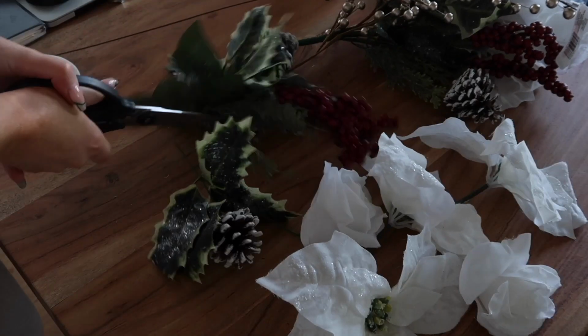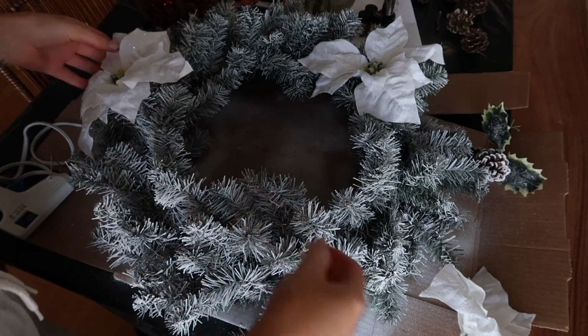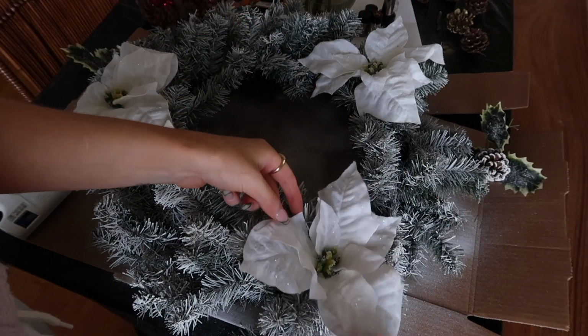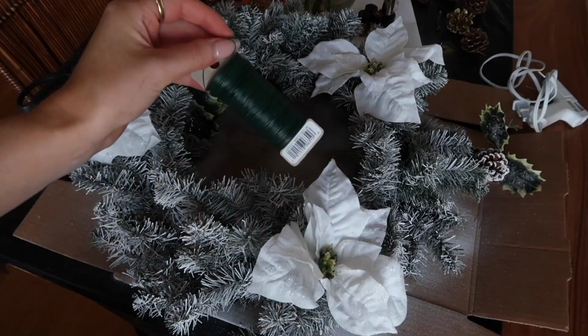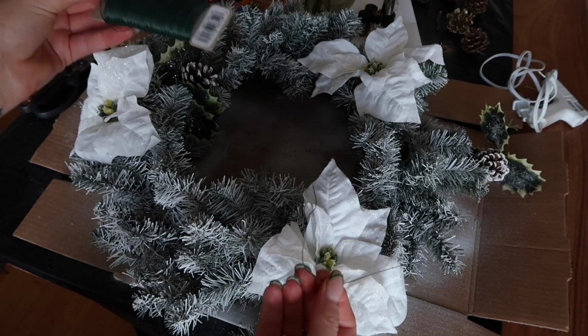So after I had the pieces cut, I just kind of placed them around the wreath just to see where I would stick them before I actually permanently stuck them down. So I only ended up using 3 of the big flowers because it was just looking too much with the rest. So the first thing I did was I tried it with the twine,